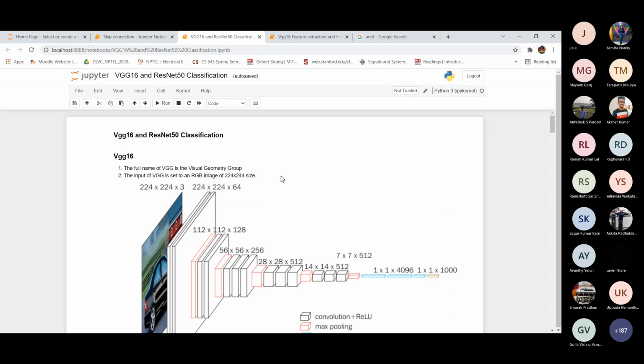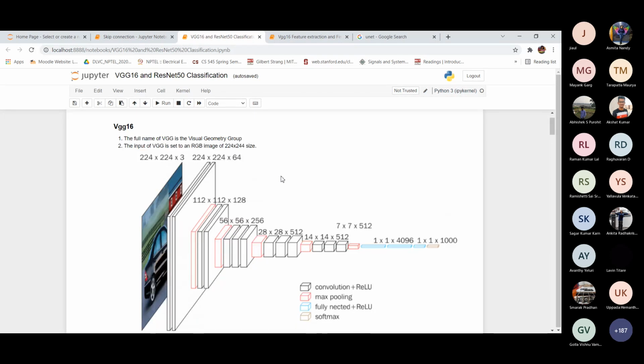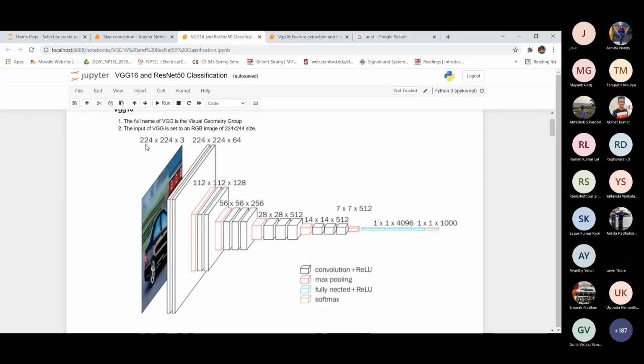Basically, the ImageNet data has size 224 by 224 by 3, so all the images you see on the internet show something like this, but we can use any size of image.